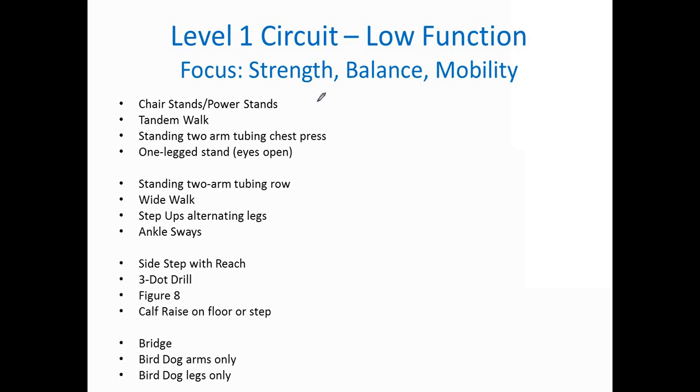Okay? When we move up to then a high-functioning individual, almost the sky is the limit kind of thing. But we still want to keep following those principles of functional training, and we still want to make it very high-level, three-dimensional training, lots of core stabilization that we're working on during different dynamic movement activities, okay? And so now we reduce base of support. We can manipulate a lot of different aspects of exercises to tweak them, to tweak in or to tweak out